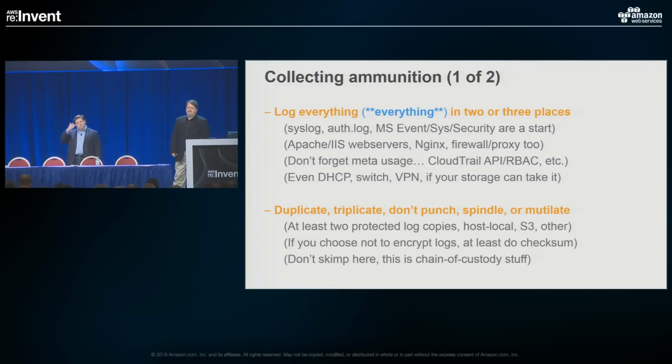Okay, I'm just going to say it. This is probably the most important thing in the presentation. If you walk away with nothing else, walk away with this, folks. If your information is not encyclopedically and comprehensively and reliably logged in 2 or more redundant separate places from moment 1 of your application's launch, as if it were preserved for a courtroom proceeding, you might as well not have